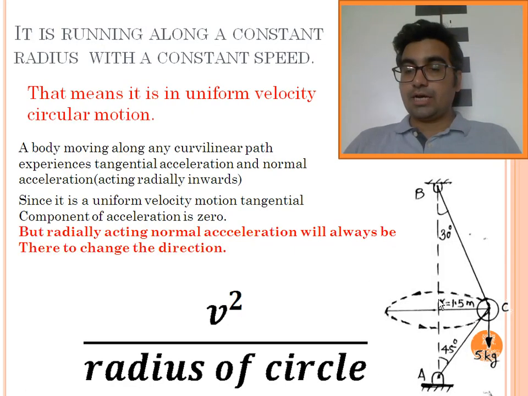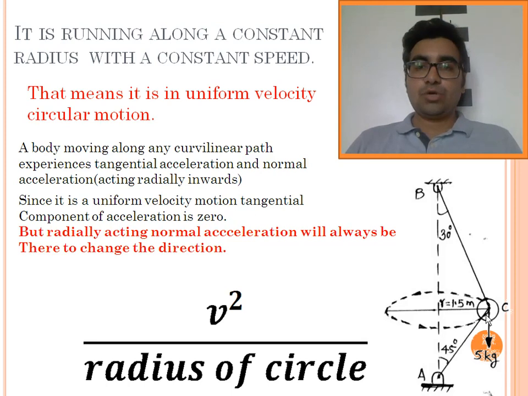So whenever a particle is moving along a circular path, it is under the influence of two components of acceleration, that is the total acceleration has two components. One is the normal component of acceleration and the other is the tangential component of the acceleration. Let's understand what the normal component of acceleration does and what the tangential component of the acceleration does. The tangential component of the acceleration changes the velocity of the particle, but in this case it is given that velocity is not changing since it is a uniform velocity motion.